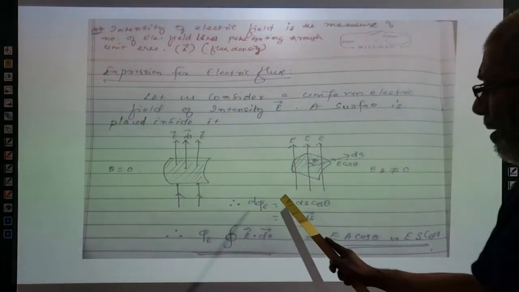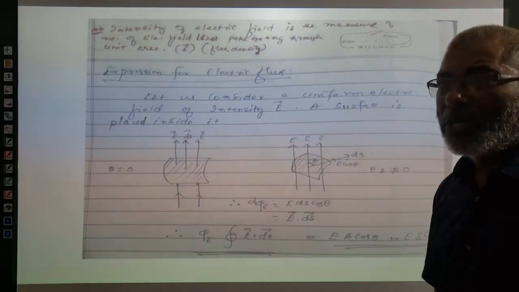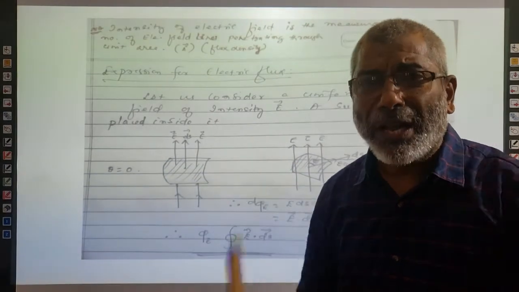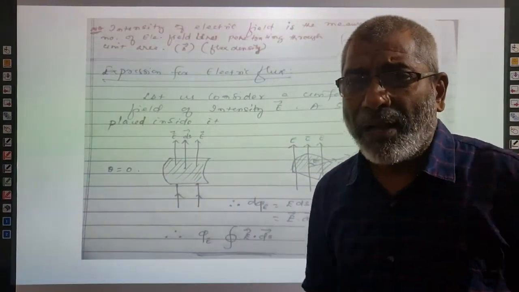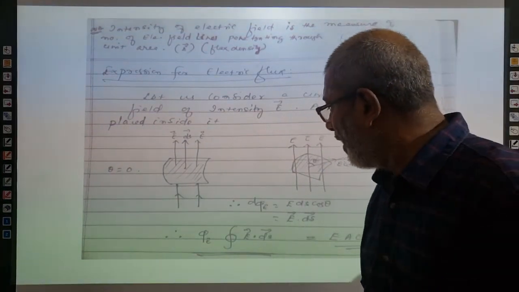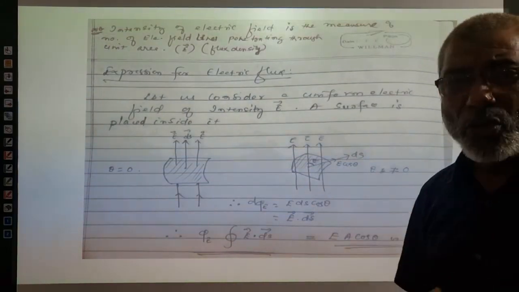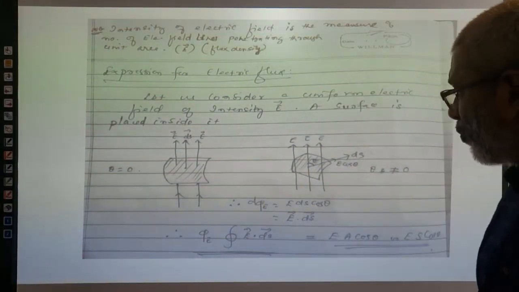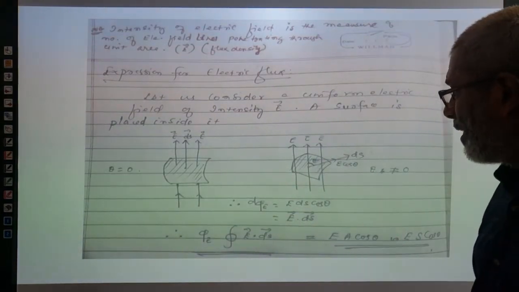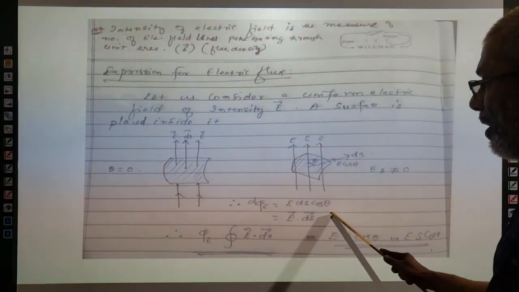For a small area, the electric flux, you must remember one more thing. Electric flux is the total number of electric field lines penetrating through an area along the normal. Actually, that normal I missed to speak earlier. So remember, along the normal, or the direction of the surface vector, the total flux through this small area ds is given by d phi is equal to E ds cos theta. That is equal to E dot ds.